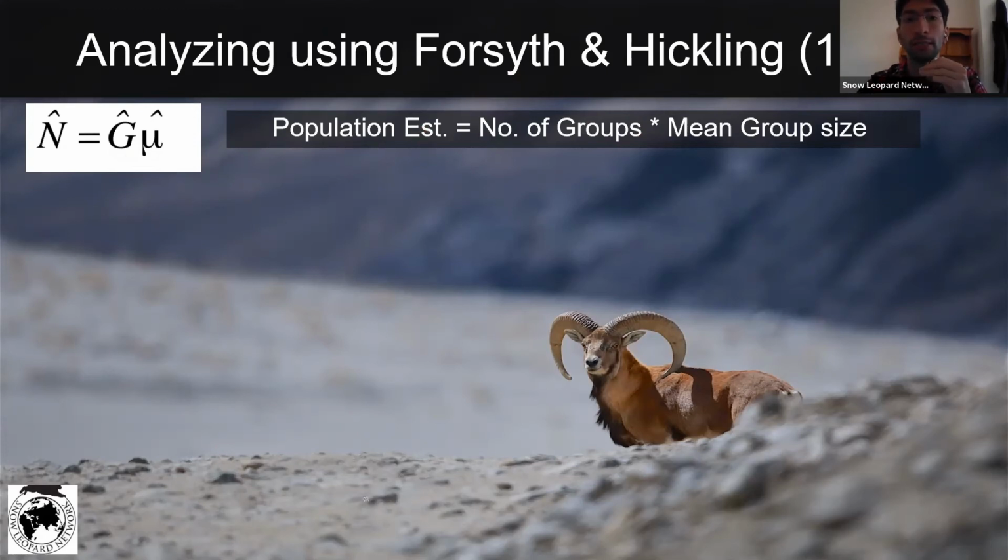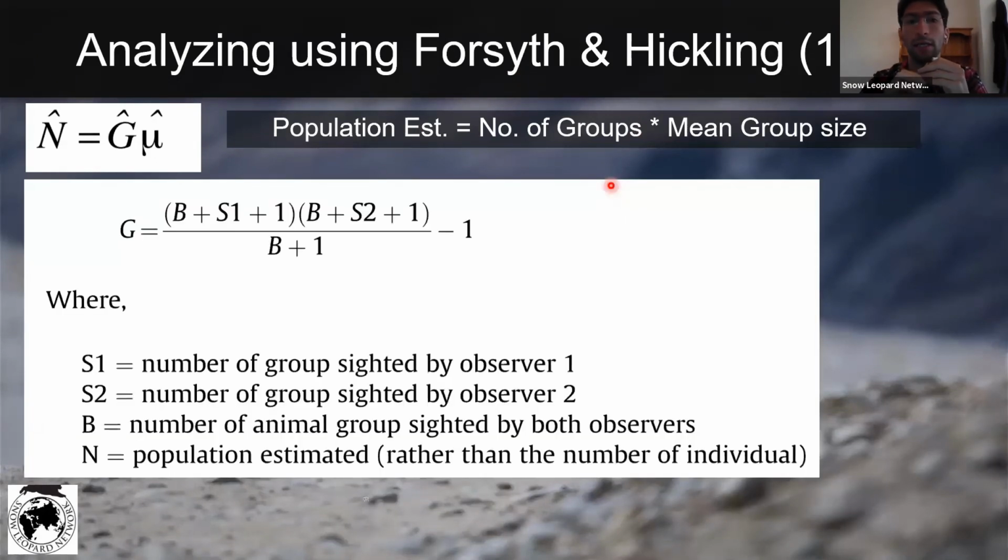But now the issue here is that if it was just a total count method, we would just count the number of groups and multiply that by the mean group size. But here the whole idea is it's a mark-recapture based framework, and we're not detecting everything. So how do we actually do this? For the mu, what they recommend is you just take the mean of the group sizes that you see. But for the G hat, we really need to estimate the actual number of groups, because we don't know how many there are. We're using capture-recapture to arrive at that number of G hat. So let me walk you through this.